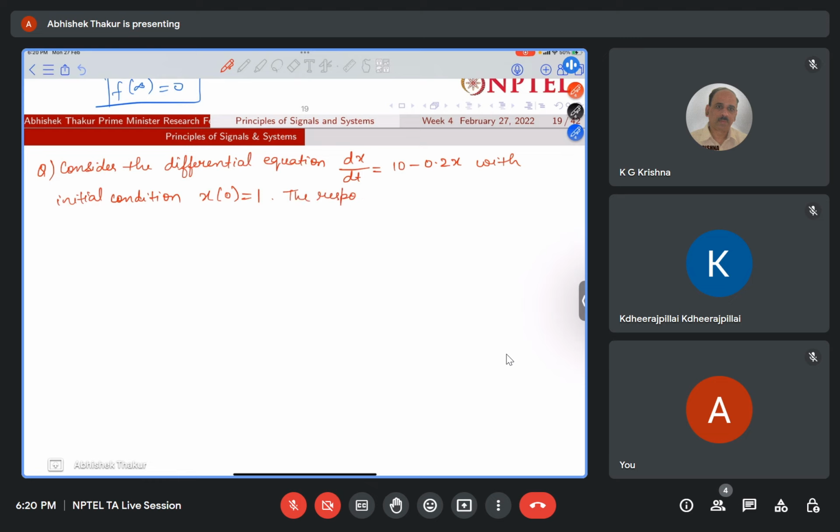The response xt for t greater than 0 is, there were 4 options, option A is 2 minus e to the power minus 0.2t. Option B is